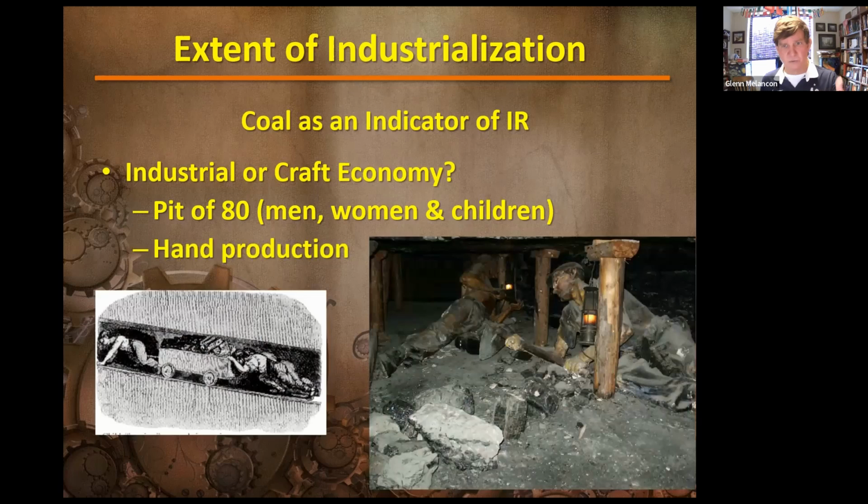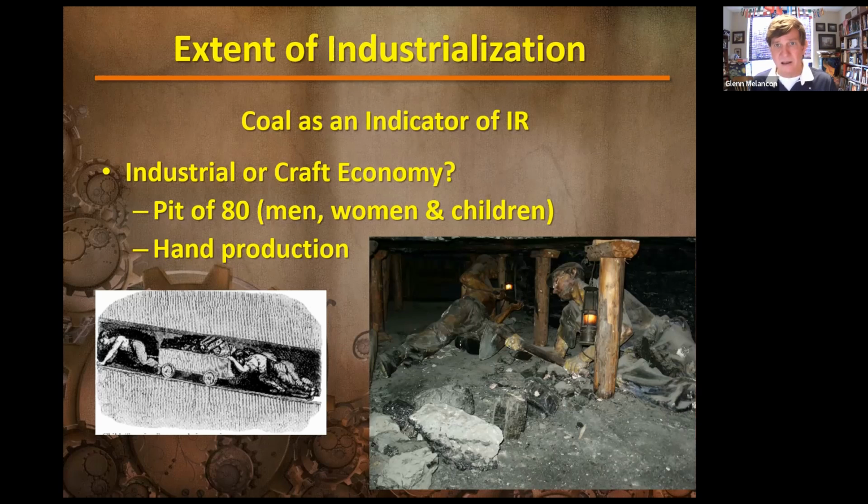So on the right-hand side is a diorama from the Deutsche Museum in Munich that illustrates how, even in the late 19th century, coal came out of the ground. Men were crawling in a coal vein, scraping it out, and on the left-hand side, boys loaded that coal into wagons and moved it out of the pit, right? This is all hand harvested, hand dug out of the ground and moved by hand, right?